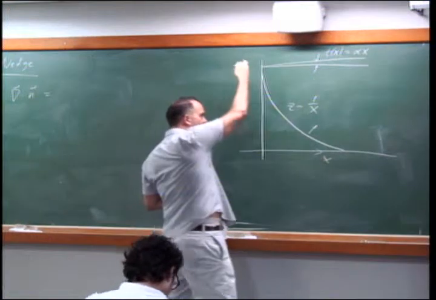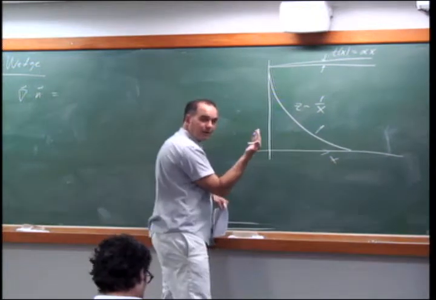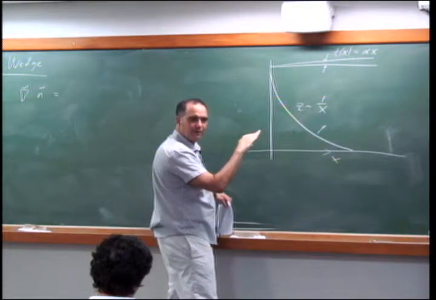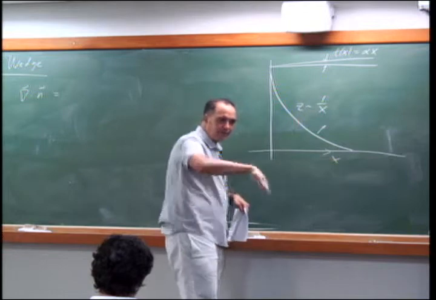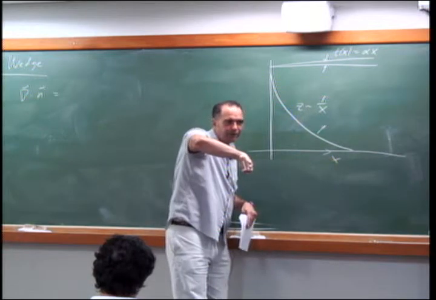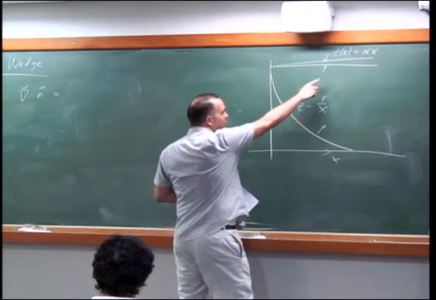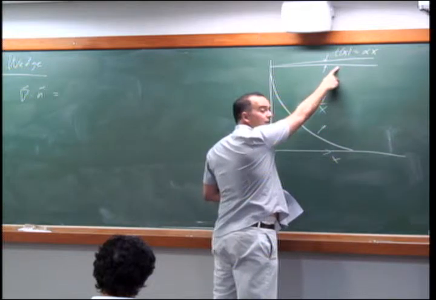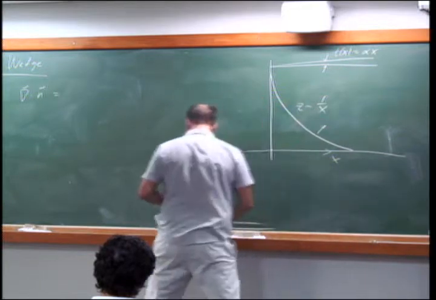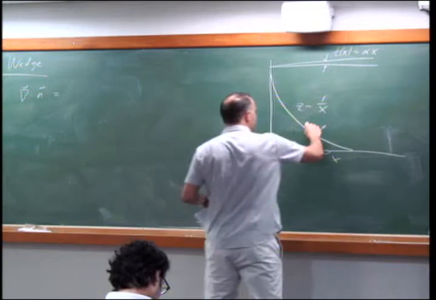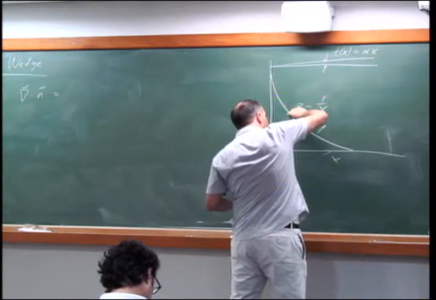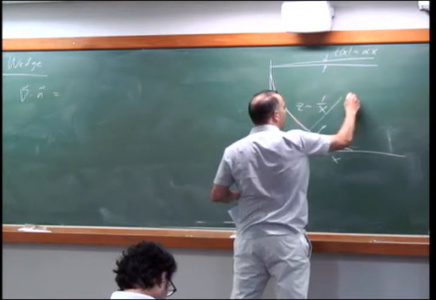There's going to be this component, and then there's going to be the component across the gap. Okay? And across the gap, that curvature is going to be much larger. Right? So it's going to basically scale with 1 over this distance, whereas this one's going to go like something large. So you can call this radius of curvature here R,